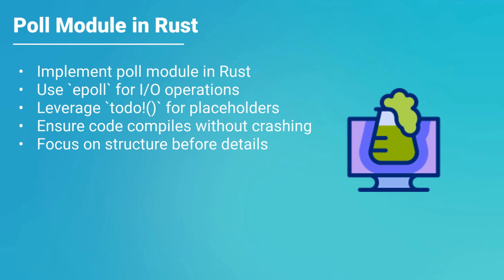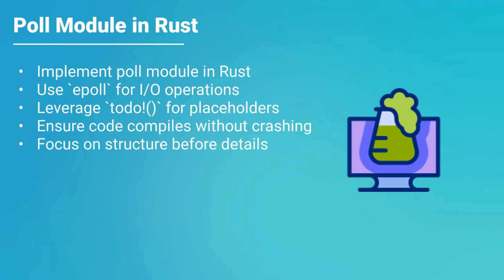In this lesson, we'll dive into creating the poll module in Rust, a vital part of managing file descriptors for I/O operations. This module leverages the epoll interface to efficiently monitor multiple streams of input and output. So far, we learned about epoll and its advantages over traditional methods for managing file descriptors. Now, we will cover how to build the poll module, implementing necessary functionality while using placeholders that allow our program